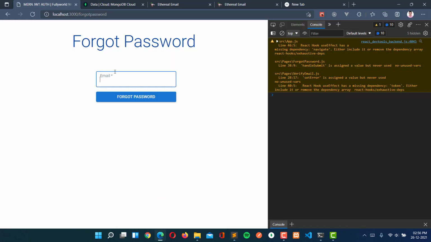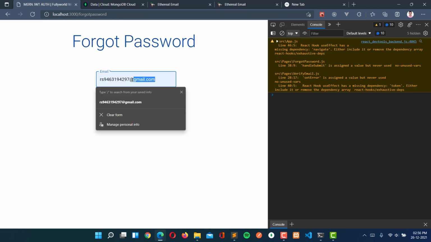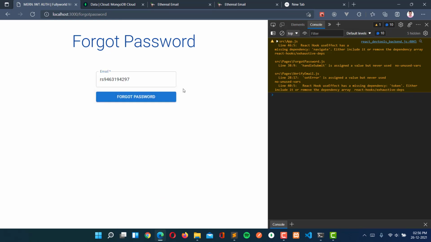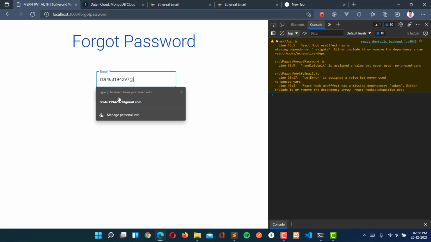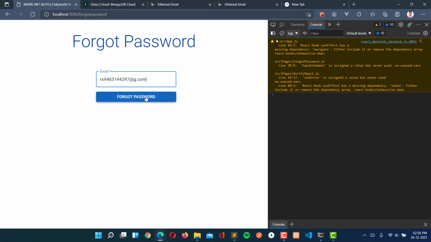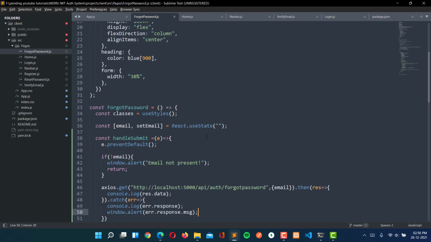When I pass a wrong email like this, like g.com, and click on forgot password, it will handle this too. Because g.com is not present here, and okay, sorry, I have not handled this form here.